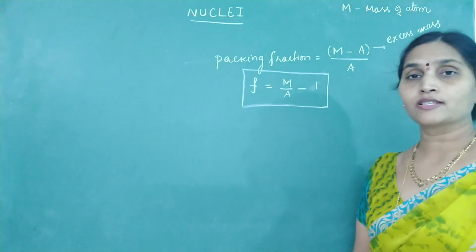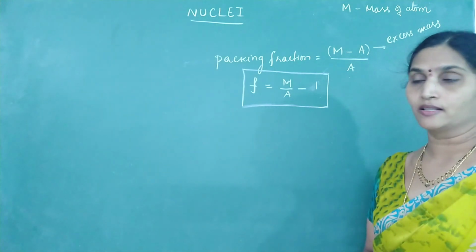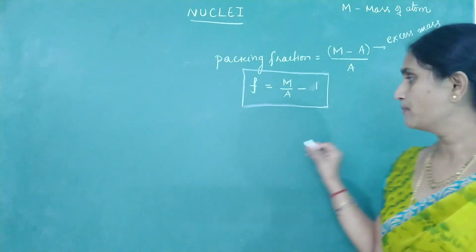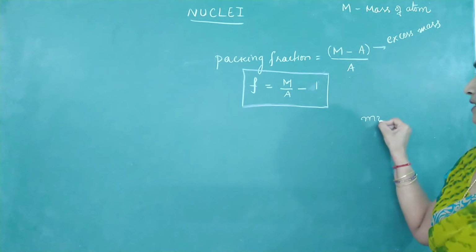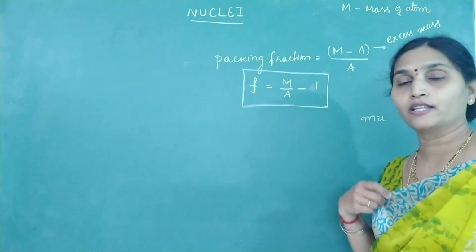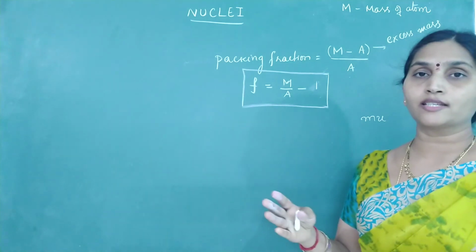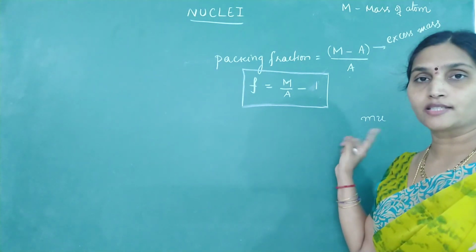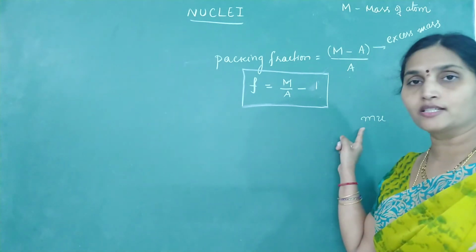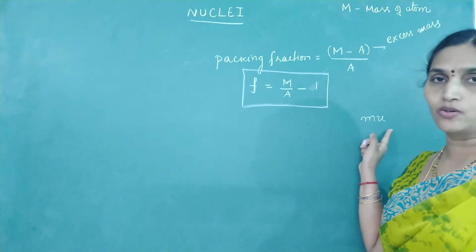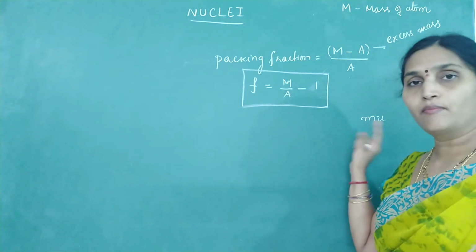Now let us see how this is related to average binding energy. But while writing this binding energy, I will be using mass units. If you multiply mass defect with c squared, you get the answer in joules or in mega electron volts. If you don't multiply with c squared, the corresponding energy is called energy expressed in mass units. So I am going to continue in mass units.